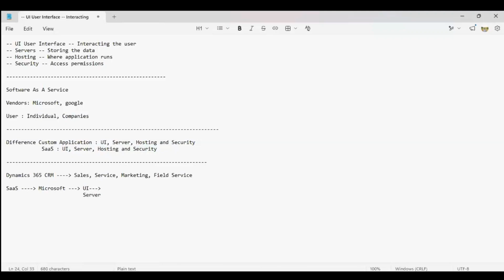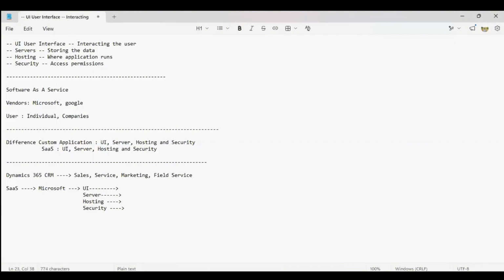So where you want to store your data, and again they will host this web application somewhere in some area, and next thing they will maintain the security. So at the end user, you don't need to worry about any of this. But you can say, if everything is managed by them, so how can I use it? How can I customize it for